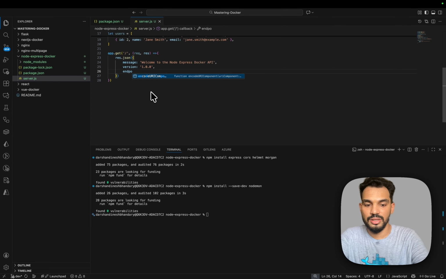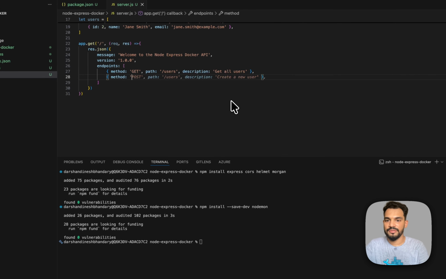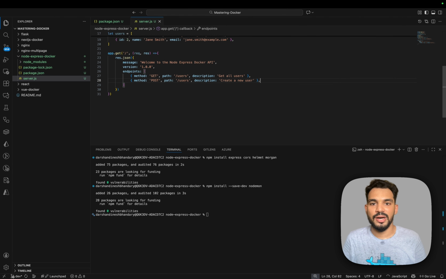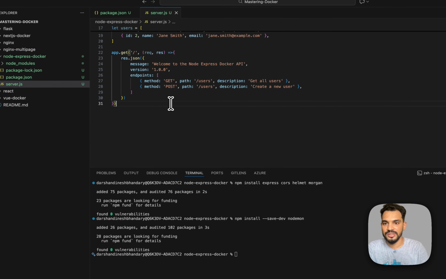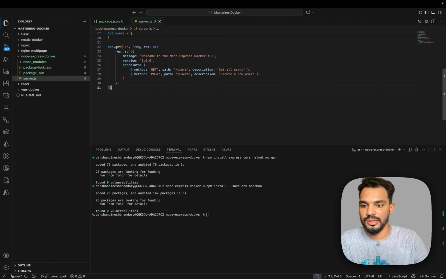So I'll define the endpoints object, and inside that it's a list, and here to get all users, and then here I'll define a method called as post on path / users, the description creating a new user. So this will be my first method, and then